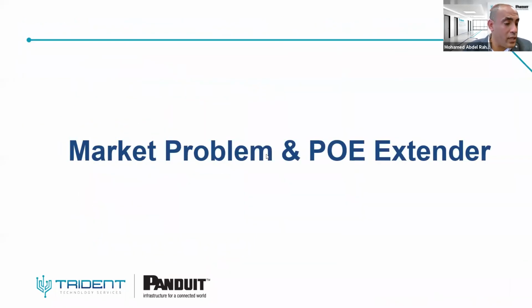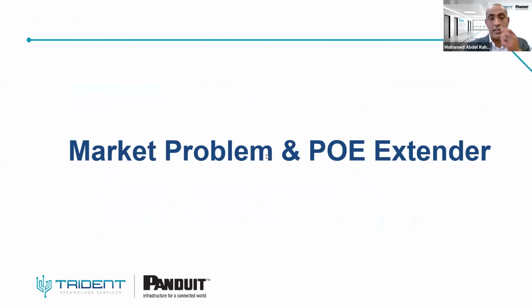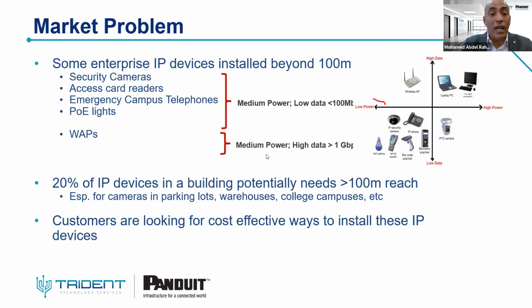Also, we have about 2 or 3 minutes. Quickly, we can talk about our solutions. It's called the PoE extender. For the PoE extender, we are talking about low-data-rate, low-power devices. Sometimes the distance is greater than 100 meters. In your infrastructure or commercial building, the distance increases beyond 100 meters. For example, you have 200 meters for an emergency telephone or a camera. So we need a solution to solve this problem instead of using the traditional solutions.